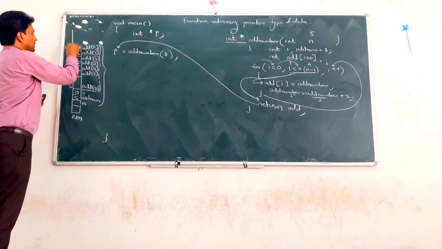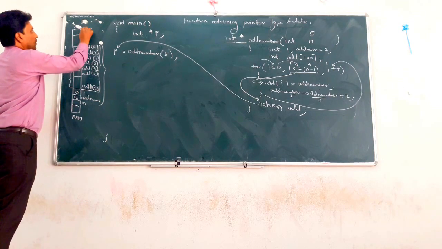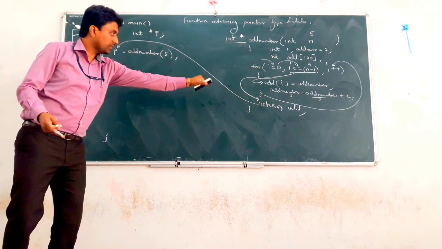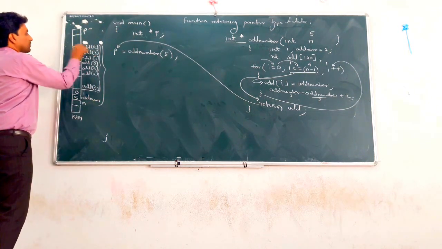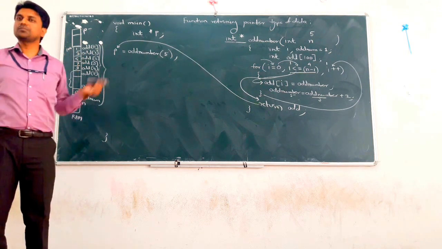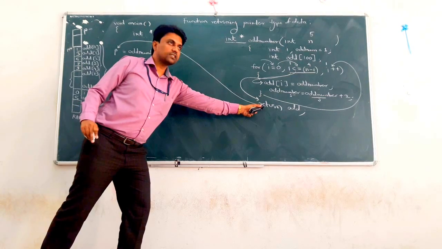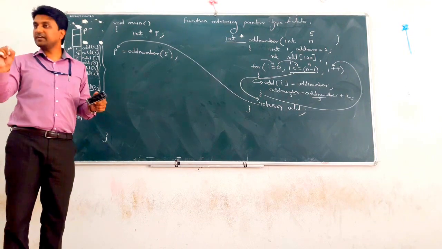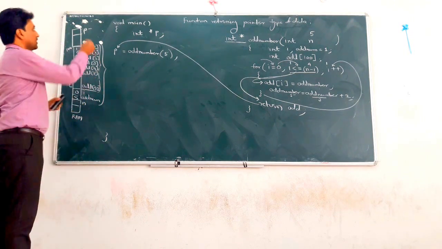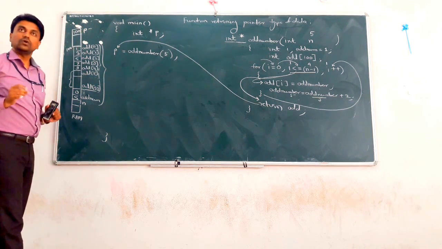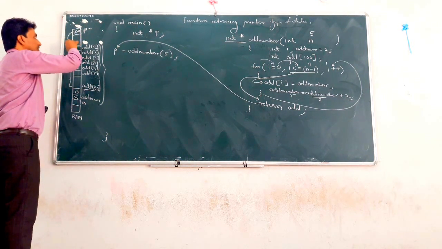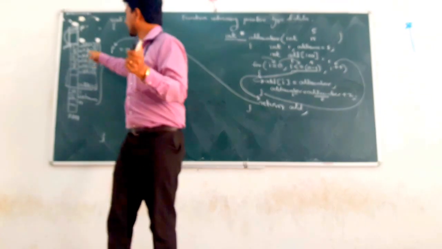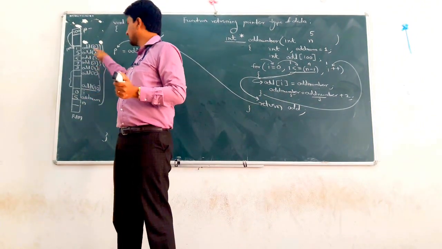Now there is another p, which is of type integer pointer. Whatever may be the address, suppose I write the base address of this. What is the base address of odd? Suppose 100. So what does it return? It returns 100. Where does it store it? In p, because p is the pointer type which stores the address. So here p now contains 100, which points to the base address of the array, the odd number base address of the array.